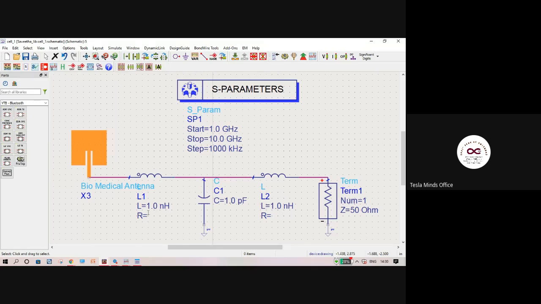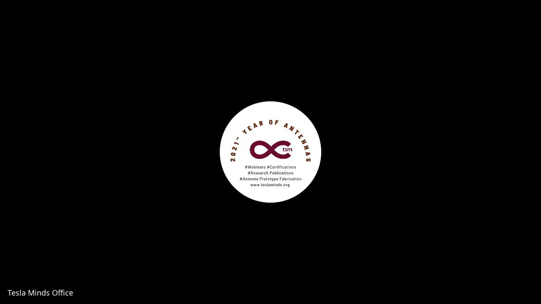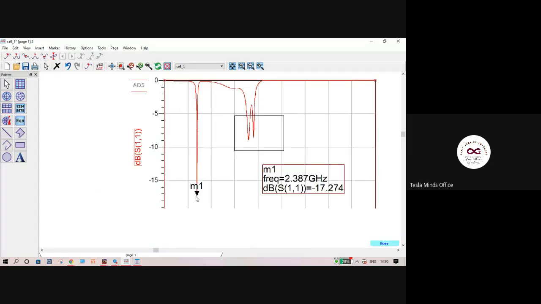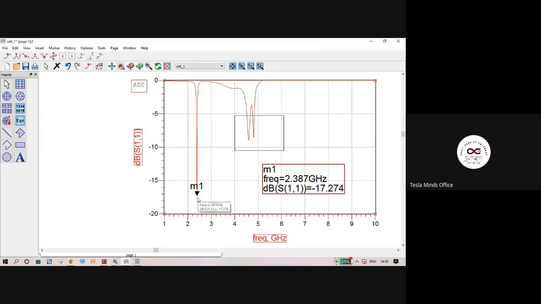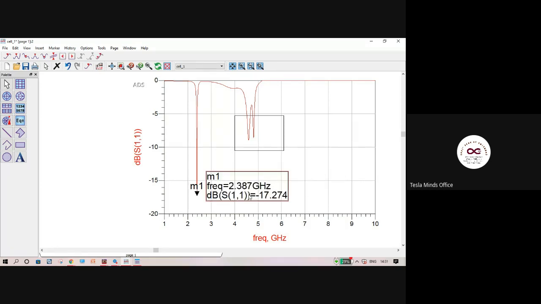We have included a filter to avoid getting that frequency inside the antenna, right? So filtering out the response, right? So in the transmitting side, that frequency will be avoided, and the antenna will only receive this 2.387 gigahertz frequency.